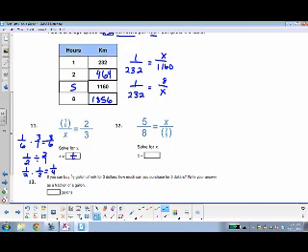If we look at the next one, it's very similar. We want to